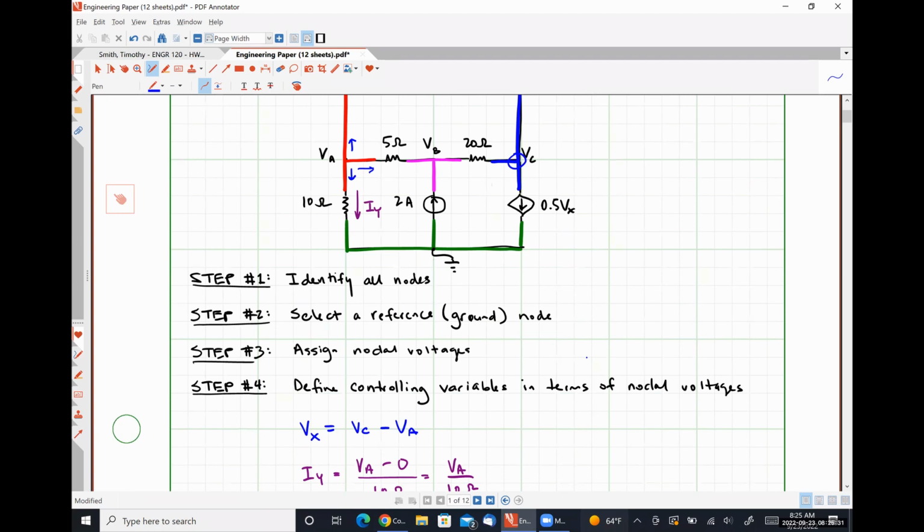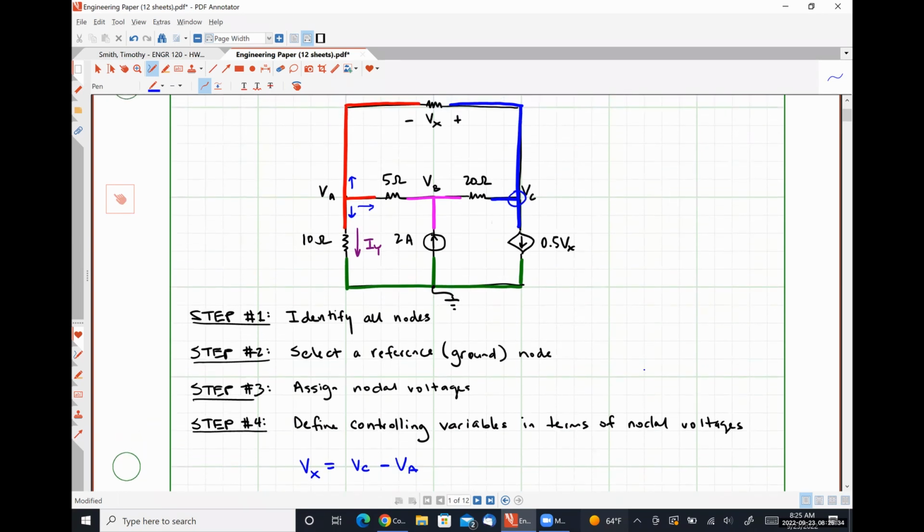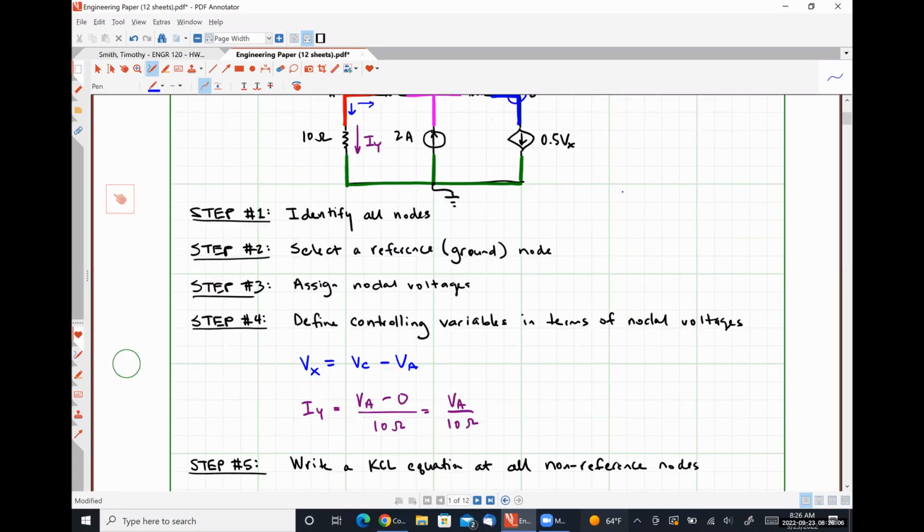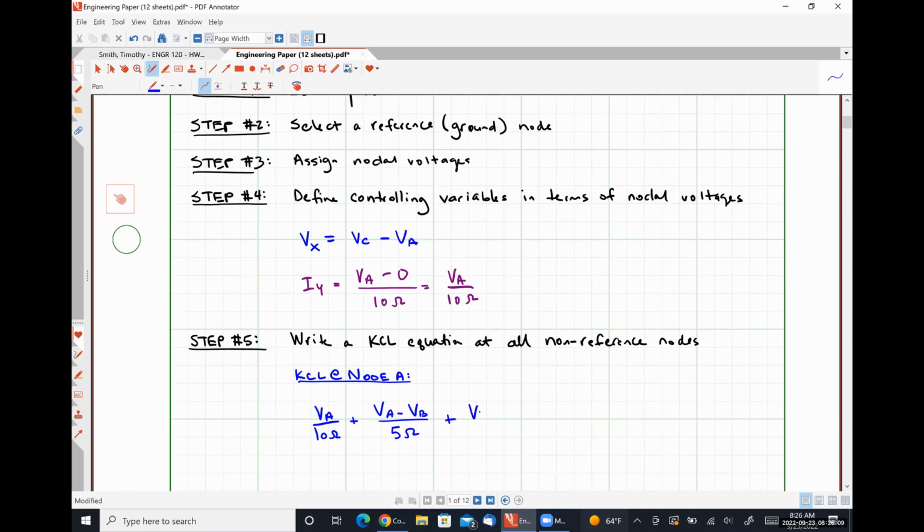Okay, so what about the current directed up through the 15 ohm resistor? Say it louder, please, Thomas. So I disagree. VC minus VA over 15 ohms would be the current flowing from right to left through the 15 ohm resistor. We're looking for the current that flows from the left to the right. So it should be VA minus VC. Effectively, let's write that down real quick. VA minus VC over